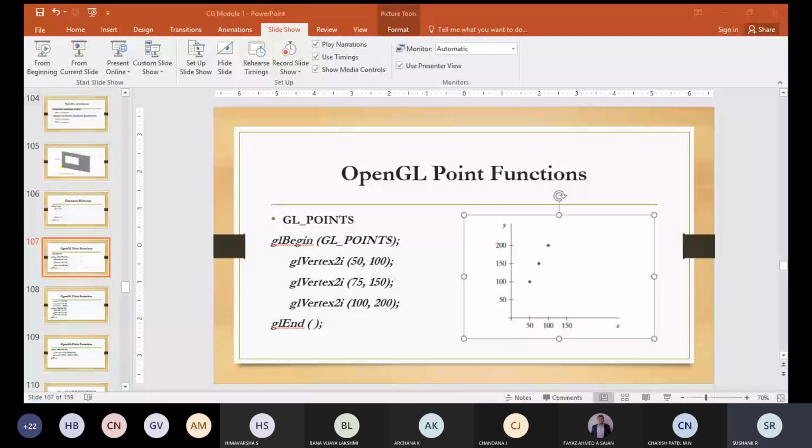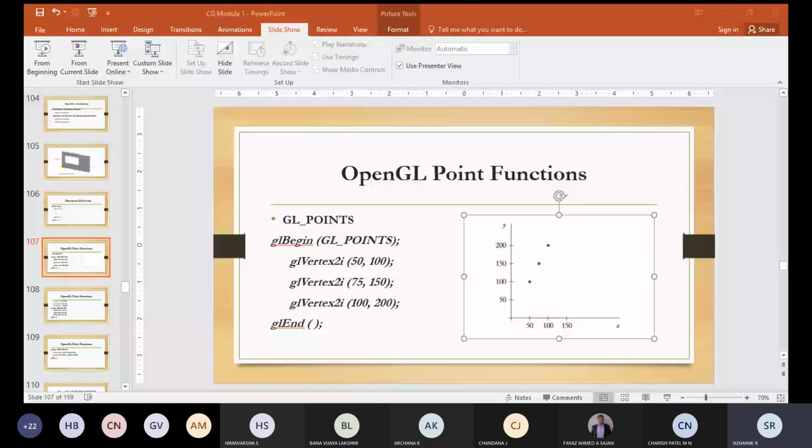See, it is related to maths, okay? GL vertex 2i 50 comma 100 means at the x position 50 and y position 100, you have to mark a dot, or a point will be created. You would have plotted a graph, no? How are you plotting the graph? You are plotting the graph by calculating the x and y position.